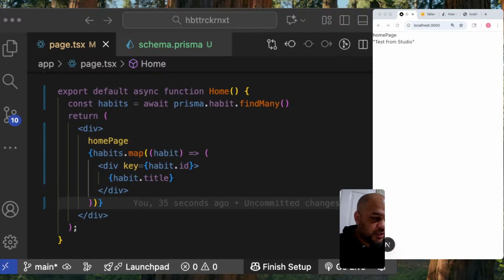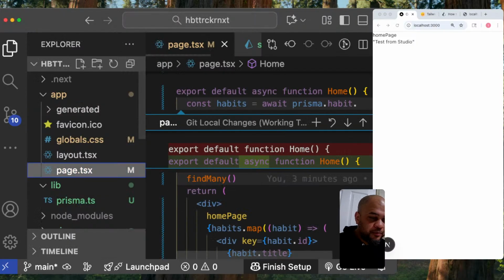All right, so now that we have the ability to get habits from the database, let's focus on having the ability to add habits from the Next.js application directly into the database and confirm that we can display them on screen. So we'll start with